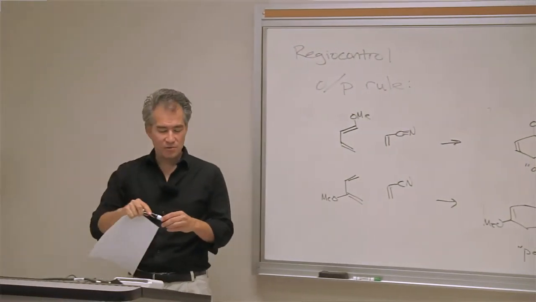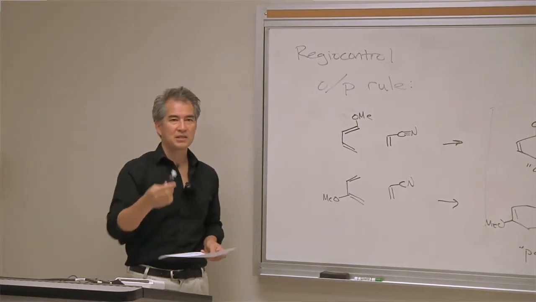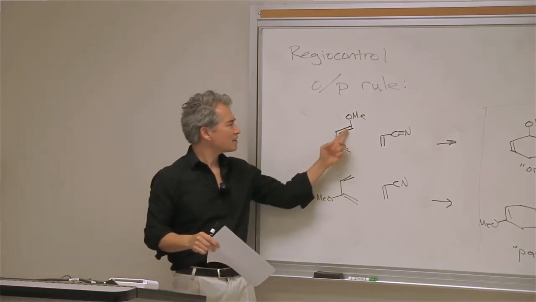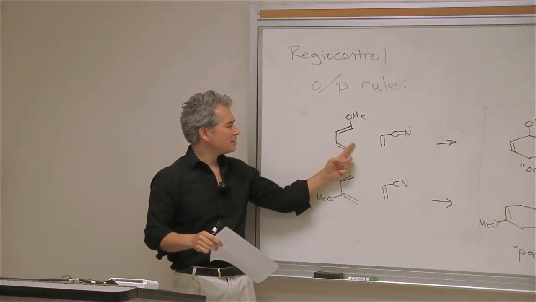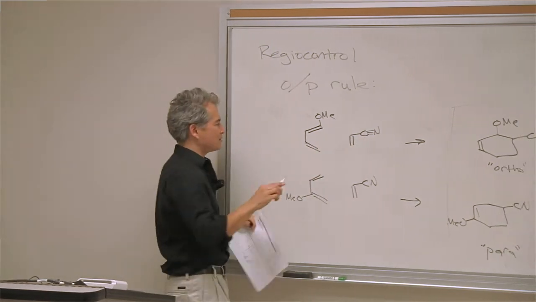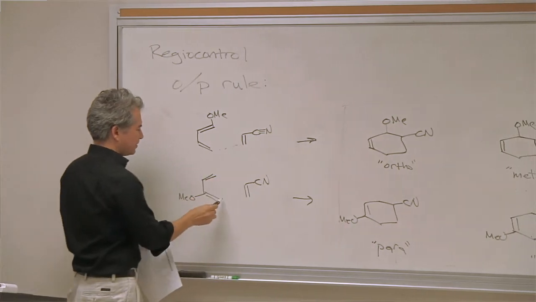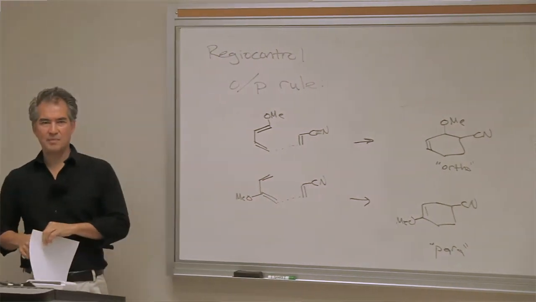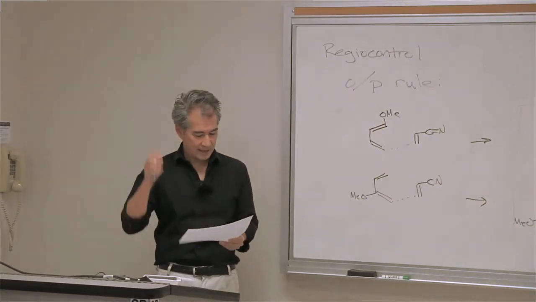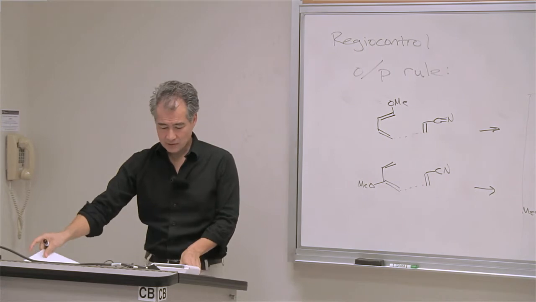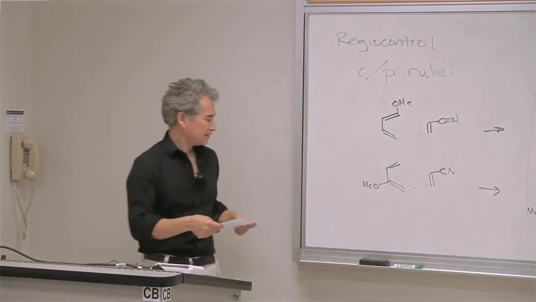You get regio control in the Diels-Alder reaction that's predictable. And it's predictable, once again, based on resonance structures. If you'd like to rationalize this, draw a resonance structure. You'll see this is the nucleophilic carbon, that's the electrophilic carbon. And so there's this sort of matching here. And this is the nucleophilic carbon, and that's the electrophilic carbon. And so you'll get that very powerful matching. And you could have predicted that. Okay, so let's go ahead and look at stereoselectivity